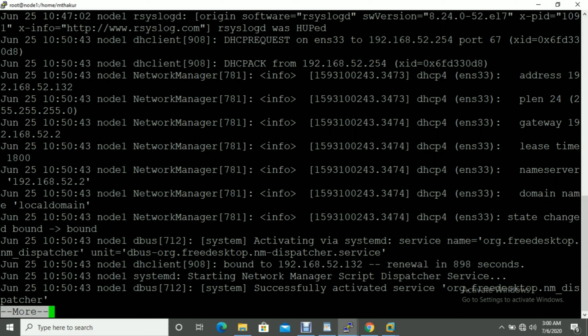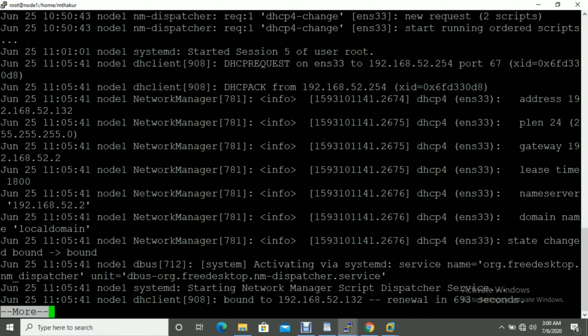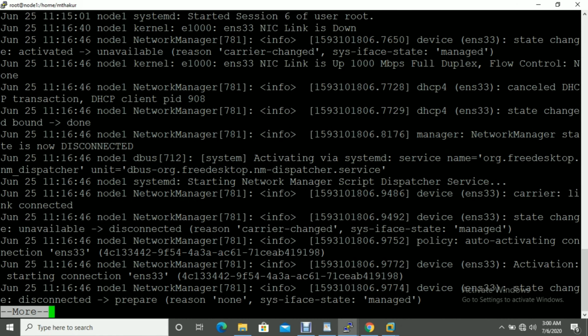If you press the space button, the next page will come. If you press enter, it's the next line. So this is like the more and less commands. You can use them also with the cat command.